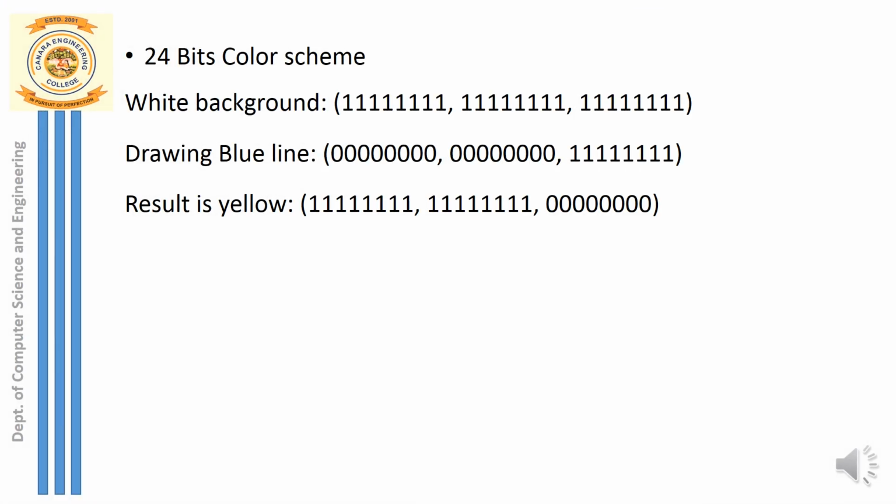If I'm going for the XOR mode, as I said, I'm going to pass the input in the form of binary. So let me take a 24-bit binary color scheme, where I'm taking the binary values. In order to represent the white color, I'm converting that 1 1 1 into binary. So here you can see 8 ones represents red color, the next 8 ones represents green color, and the last 8 ones represents blue color. So RGB, this indicates white.